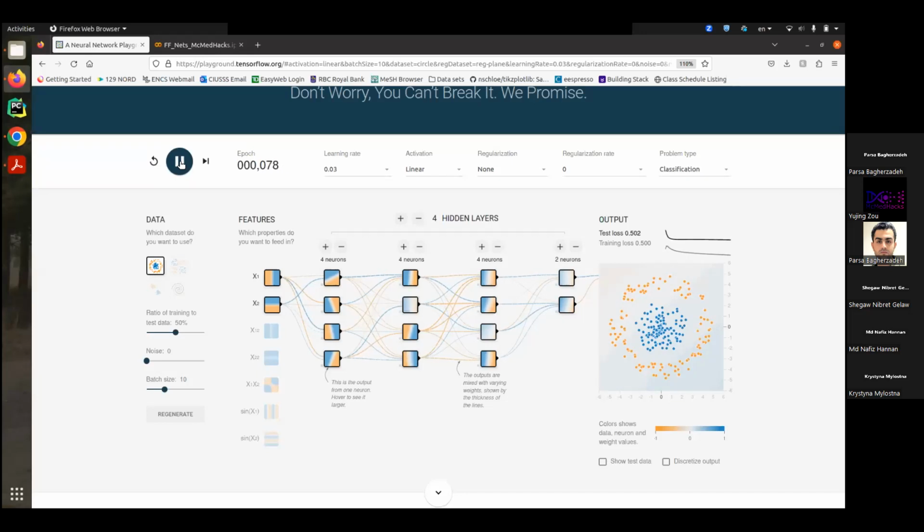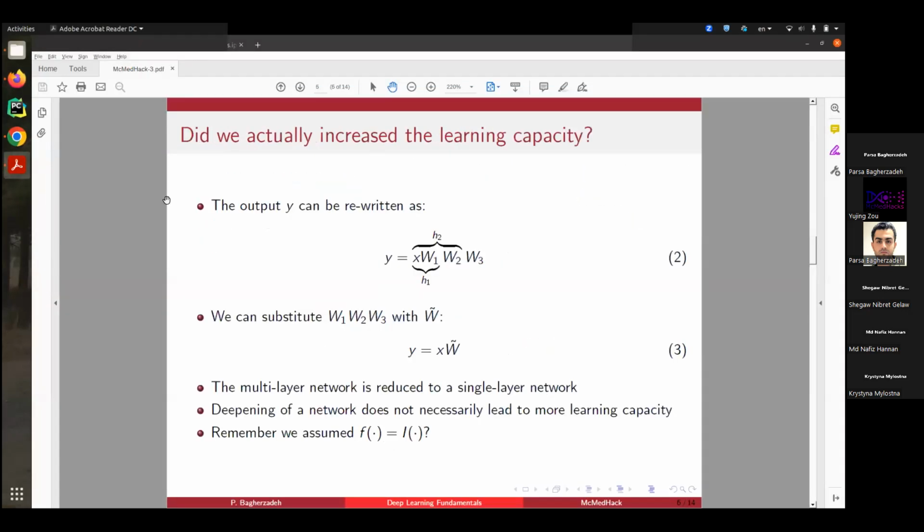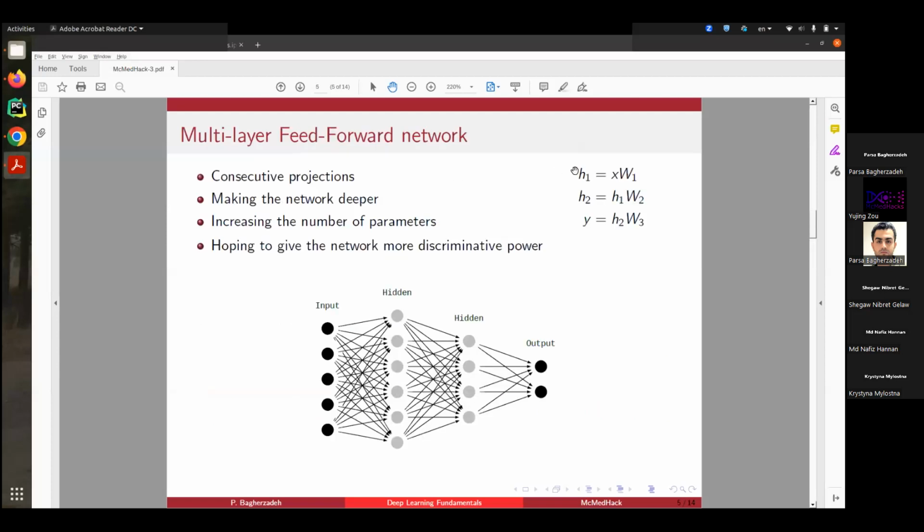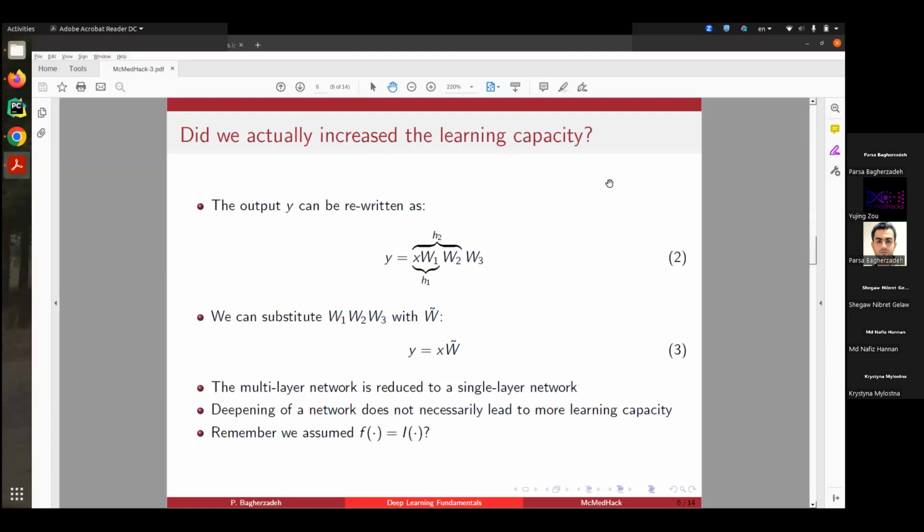It doesn't seem that it can do it. Even though I have increased the number of layers, even though I have increased the number of learning parameters, even though I made my network more complex, or I thought I made my network more complex, the question is, did we actually increase the learning capacity? No. Why? Because if we look at the set of projections that we had before, starting with this projection,